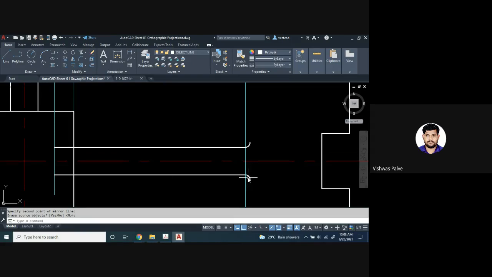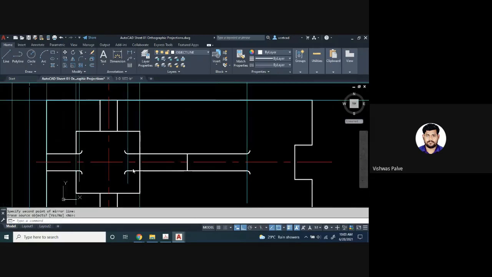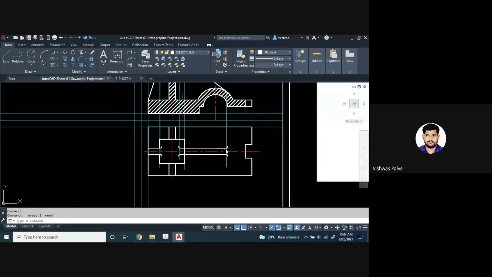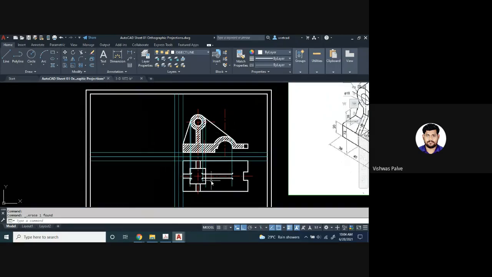Now I want to mirror this on the other side also. So I first have to draw a mirror line. I'll draw a mirror line here. Then MI enter. Select these two curves. Enter. First point on the mirror line, second, enter. So that this curvature has been created on both the sides. You can delete this center line. So I have used the modify commands to redraw this same curvature on both the sides. These curves indicate that it is just merging smoothly. That is the only representation of that curve.